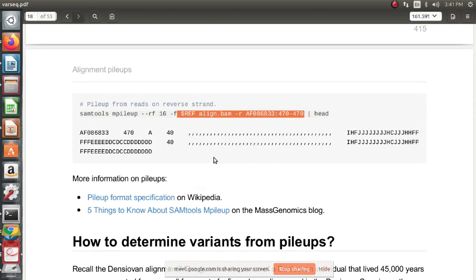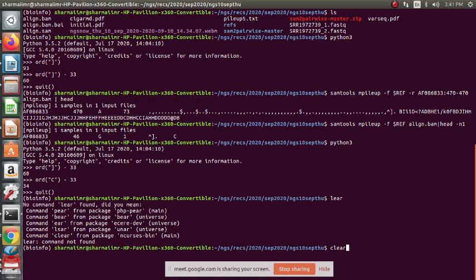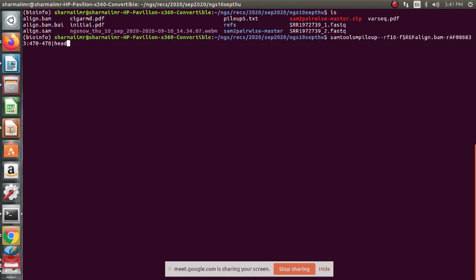So if we take this, samtools mpileup, verbose qualifier RF, that's the required flag, and verbose qualifier F, the reference, align.bam, space, region, and then head.